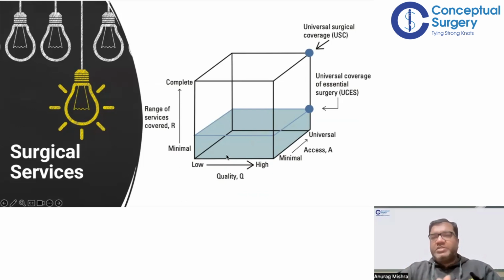There are three dimensions of measuring anything and then improving it. First is the quality of care. Whatever we do should be of high quality. You can start with one procedure, or a range of, let's say, 5 to 10 procedures in your clinic or hospital, in your armamentarium, and you do them at top class quality. You are the best in that. So that is one dimension: you keep improving the quality of whatever you do.